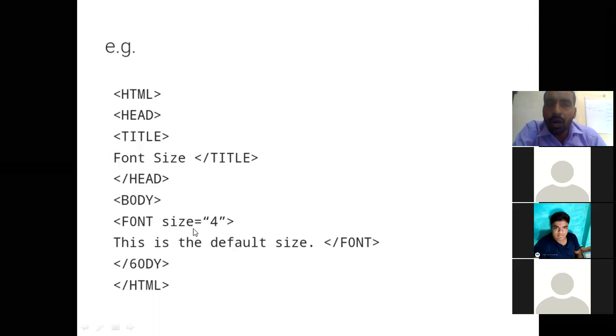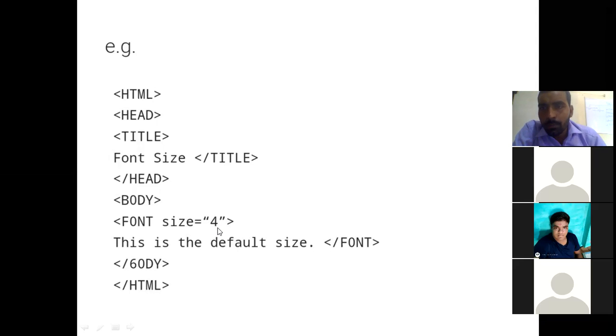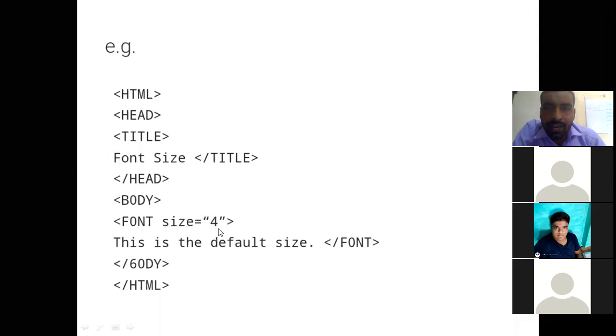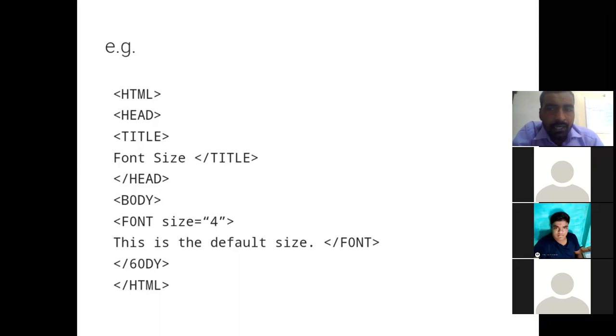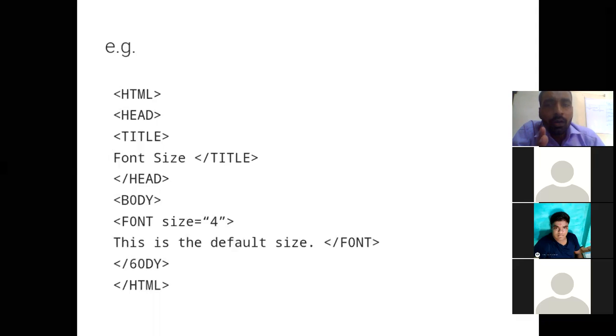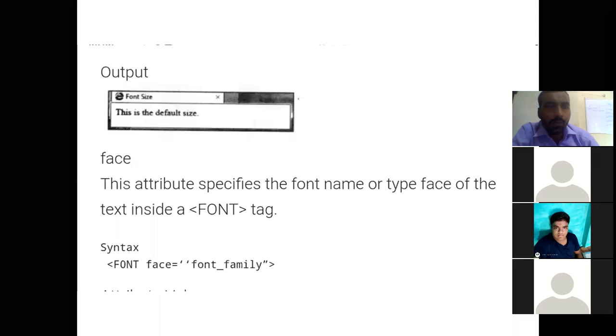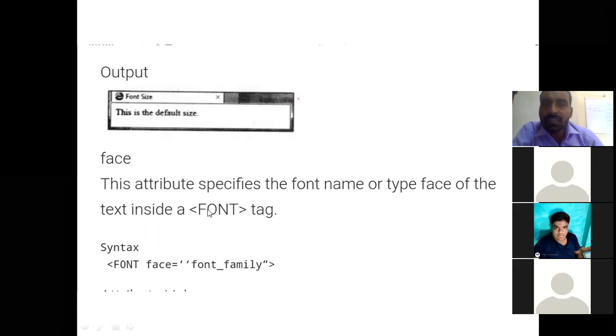Like here, font size equal to 4. But here no increment or decrement is given, directly the point is given. So two things we can do: either we can increment or decrement by using the plus or minus sign, or we can give the points directly. So let us use the font size, color and style. The face attribute is also there, that is the font family. So let us use this